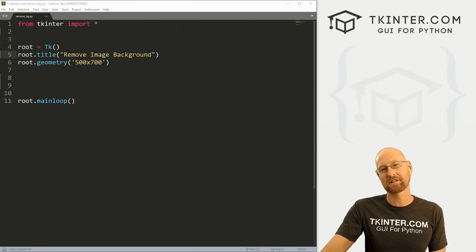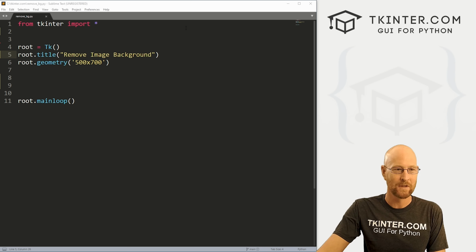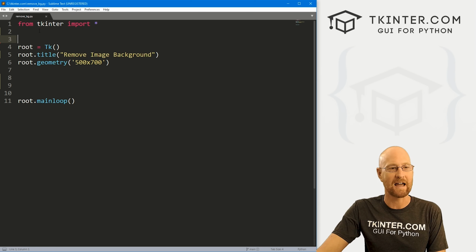So let's head over to our code. I'm using the Sublime Text Editor and the Git Bash terminal as always. And as always, you can find a link to the code in the pinned comment section below, as well as a link to the playlist with all the other videos in the series, so check that out if you haven't so far. So I've got some basic Tkinter starter code that we always have. I'm calling this